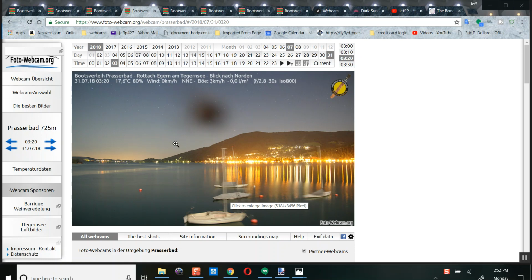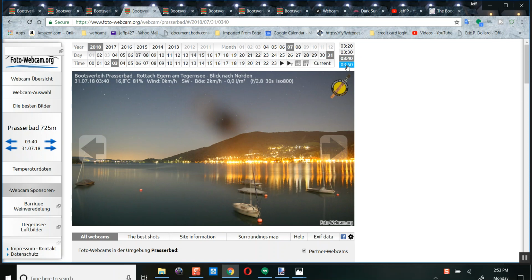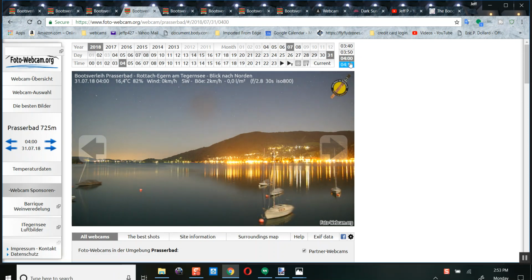But let's get right into what I am showing you today. This is a web camera in Germany, and you want to know what you're looking at here. Big blob in the sky, right? That moves around. Well, I'm telling you, it is a projection from this lens right here. It dims out.